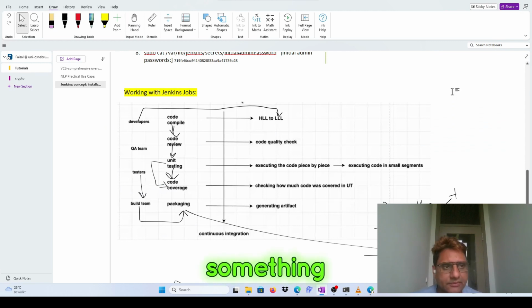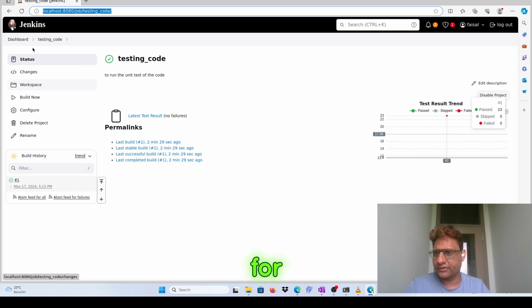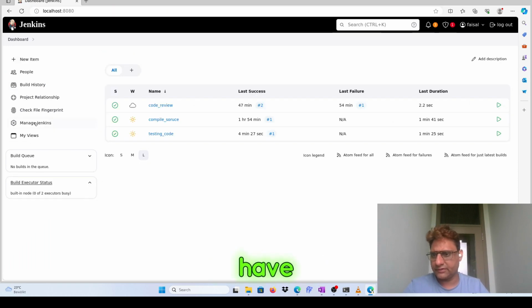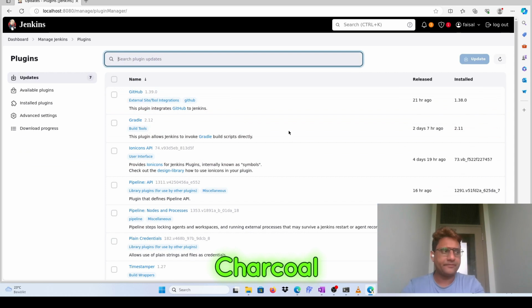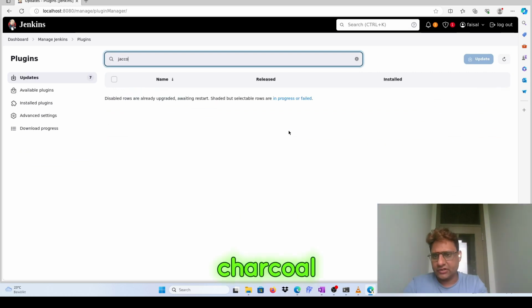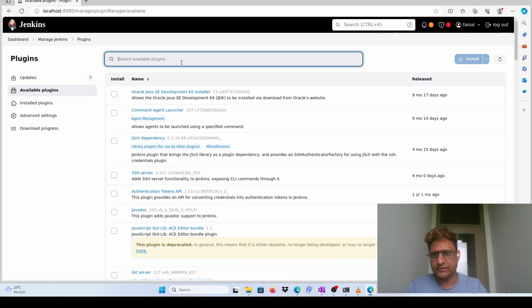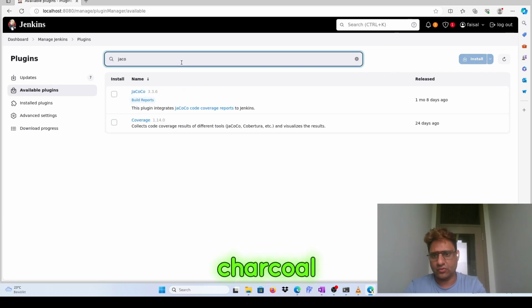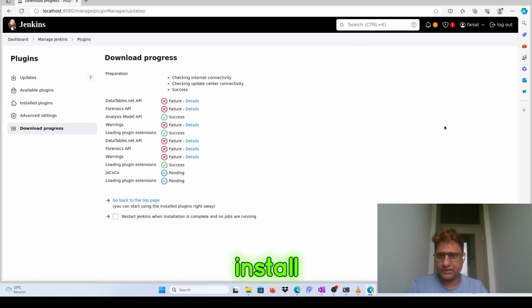Code coverage is something similar. Let us just very quickly cover this up, and then we are done for today. For code coverage, we have one plugin named JaCoCo available. JaCoCo builds reports. This thing really builds reports, and if I go install it,